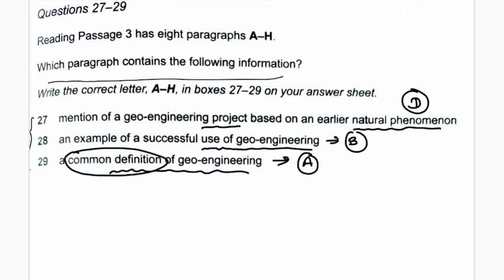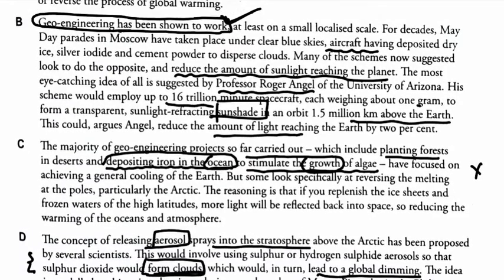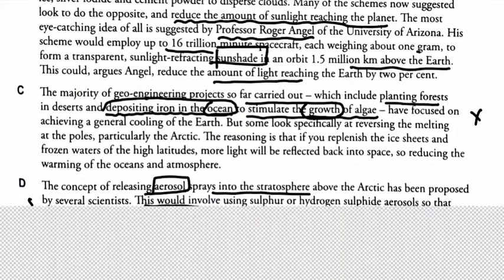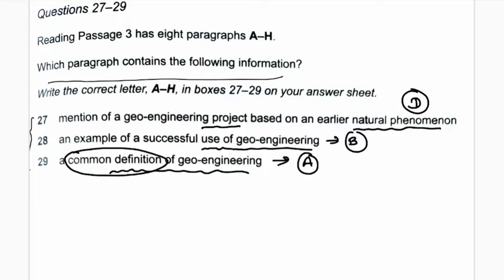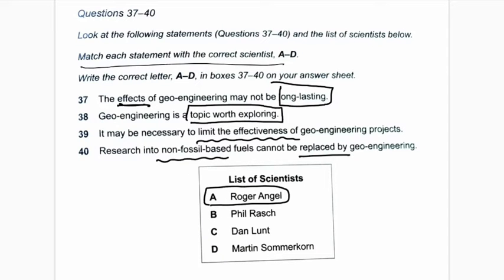Only one of the authors we have mentioned, that is Roger Engel, in paragraph B. Okay, and let's continue, because in paragraph C and paragraph D we have not found any of the scientists. So looking for the next one,